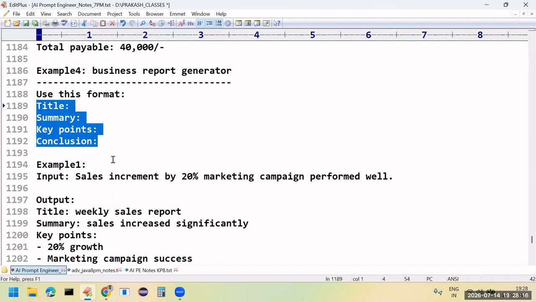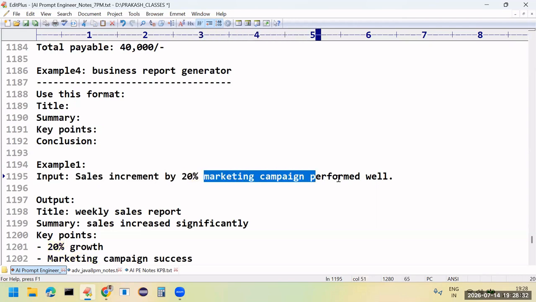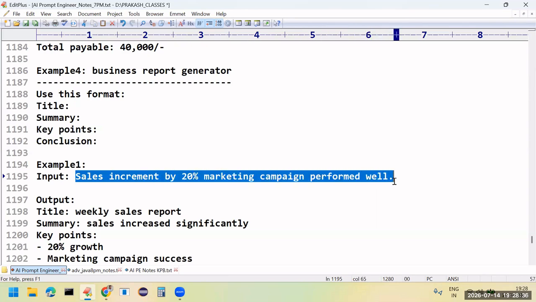These 4 things I need as a report. For example 1, the input is: sales increased by 20%, marketing campaign performed well. This is the statement we have.